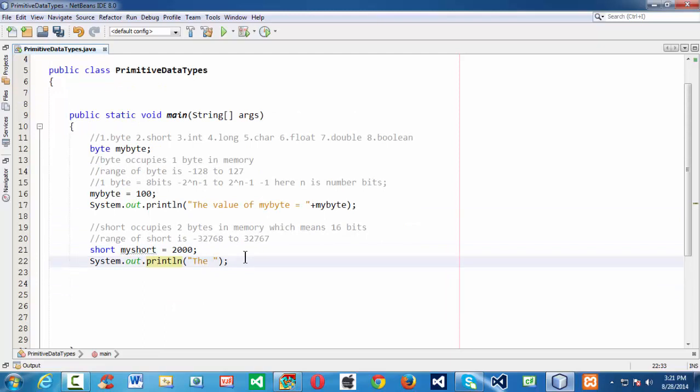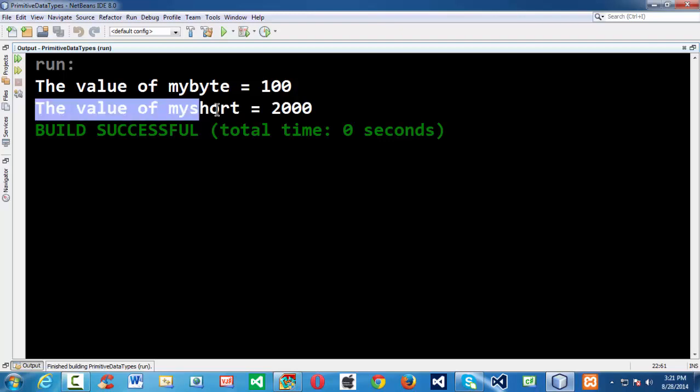The value of my short is equal to, using the concatenation operator, so I'm just printing out whatever value we have stored inside my short here. Run your program, you get the value exactly here: my short is equal to 2000. So in the same way,